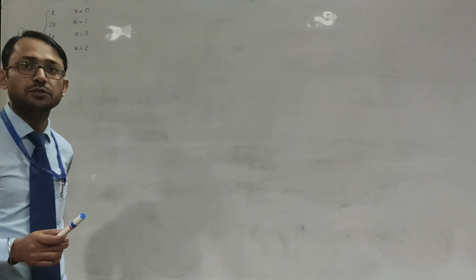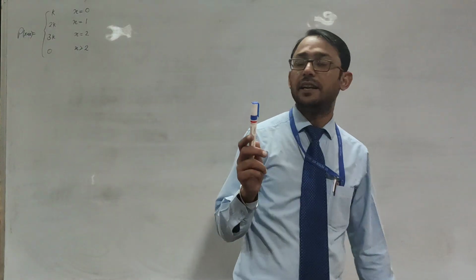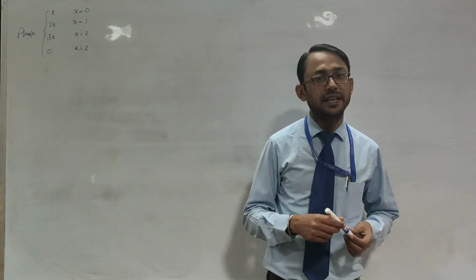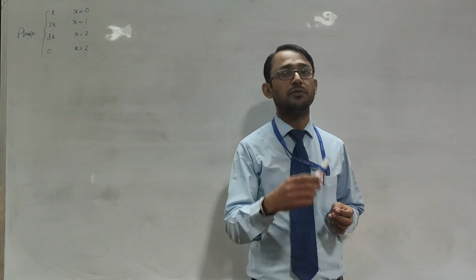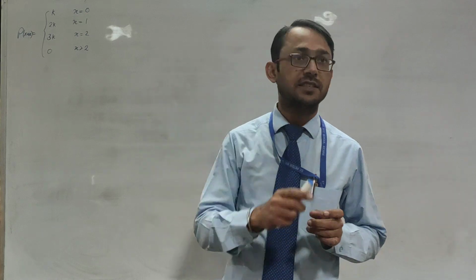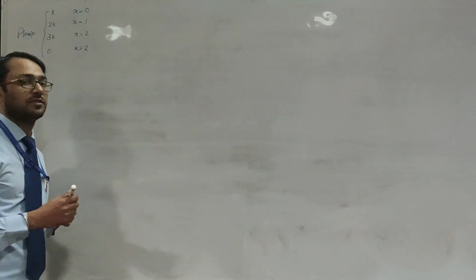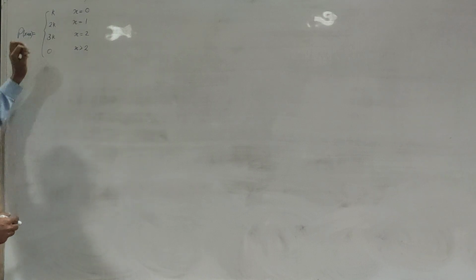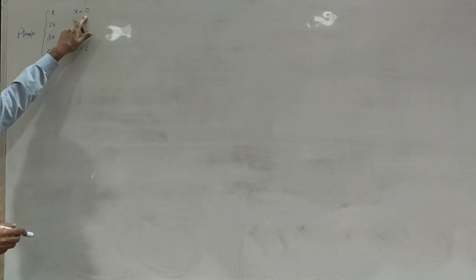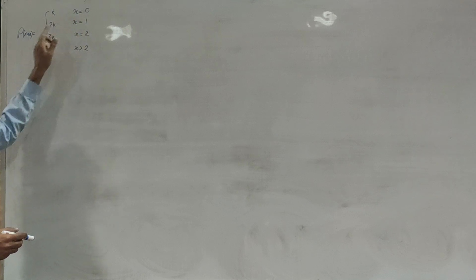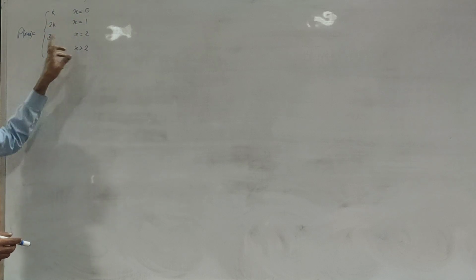Yes, beta, we are going to start case studies, and in that, the first question we are taking is from probability. One of the students is going to read. Let us start. The random variable x has a probability distribution Px of the following form, where k is some number. Px is equal to k if x is equal to 0, 2k if x is equal to 1, 3k if x is equal to 2, and 0 otherwise.